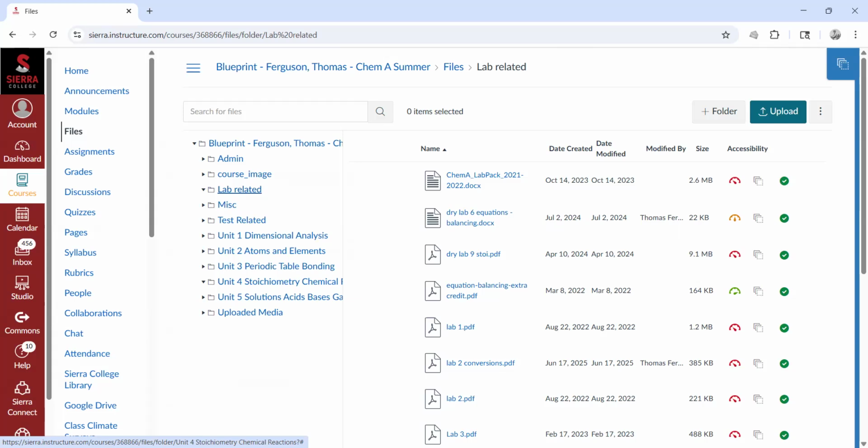Okay, so any questions about these extra worksheets for practice? And if you get this right off the bat, you've got to do the dry lab anyway. So this dry lab 9 story, that's a replacement for dry lab 9 in your packet. Okay, so let's